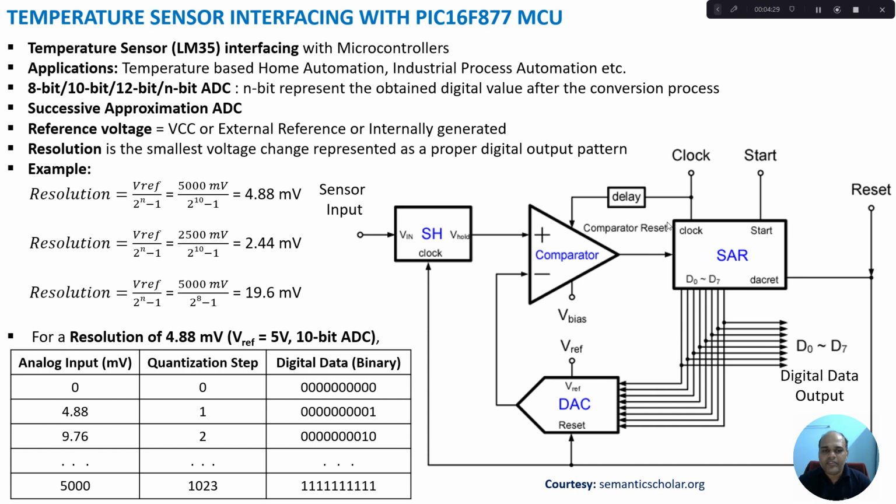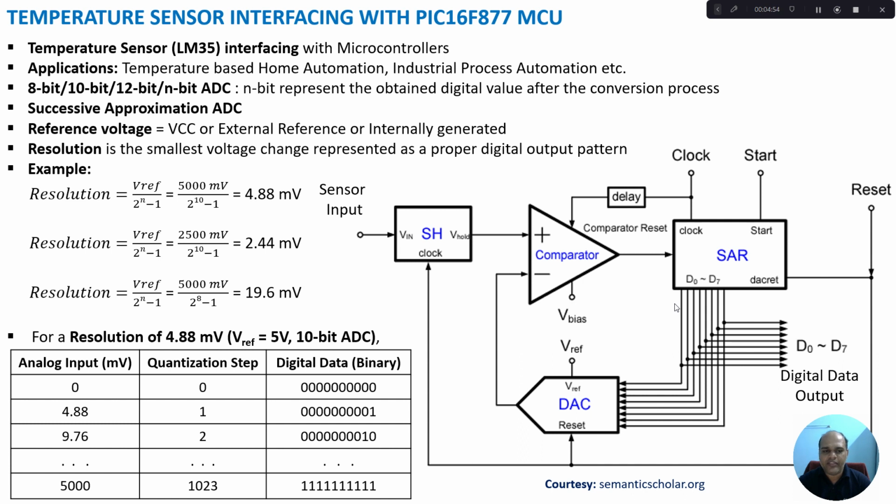In order for this ADC to work, we need to provide a reference voltage. This reference voltage can be an IC voltage, or we can use an external reference voltage, or an internally generated voltage can also be used. When we talk about an ADC, an important thing we need to know